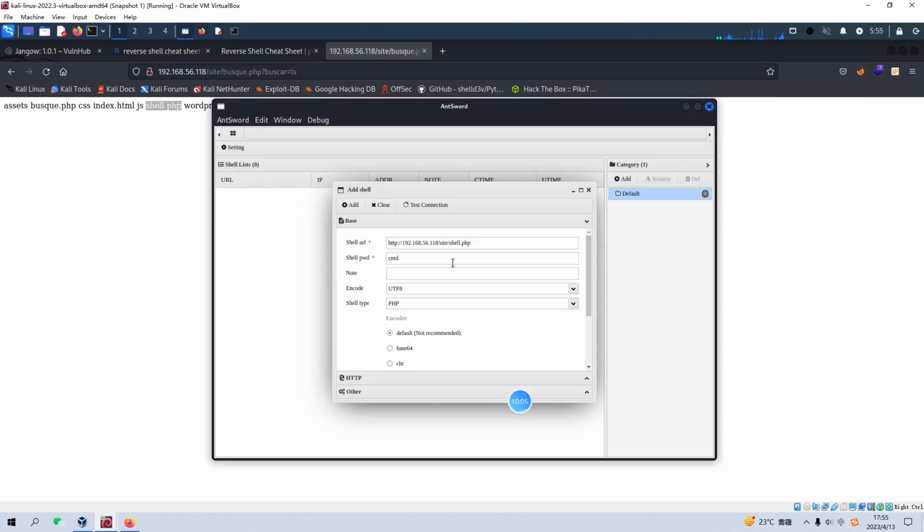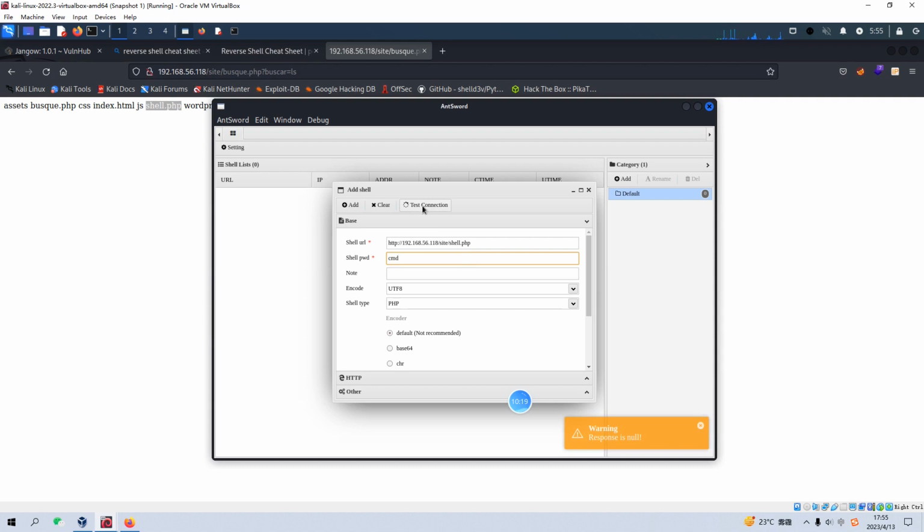Yeah, I think we write the correct one, right? CMD. I think it's good. Site shell.php